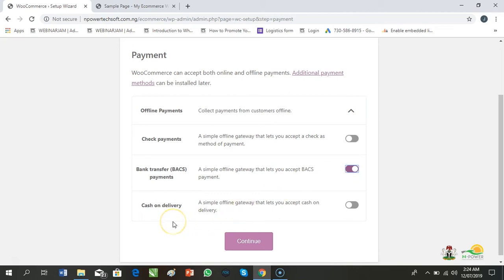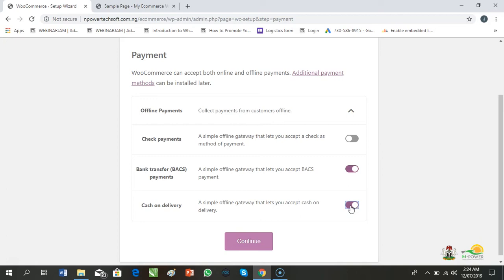If you think you can afford to do cash on delivery, you can put this on. But I want to recommend, with the way e-commerce is in Nigeria, we do not advise you to do cash on delivery. We rather advise you to set up a good refund policy than to do cash on delivery.